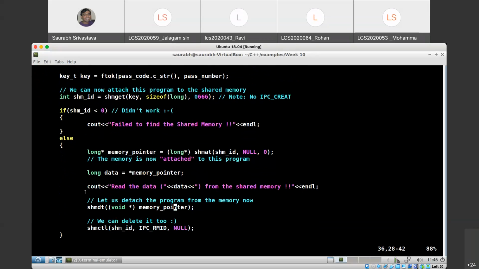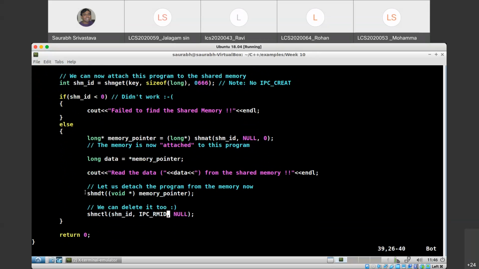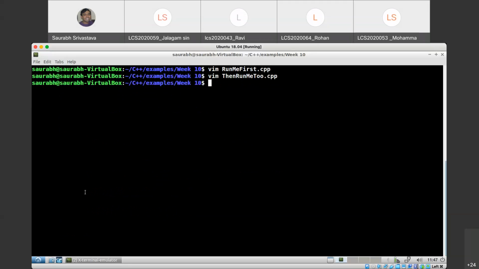And since my job has been completed, I make a request to the operating system using this IPC_RMID flag that please mark this shared memory for deletion. So if I do this, you know that I already wrote that value using the first process. If I run this,